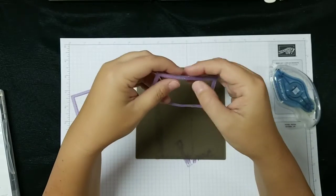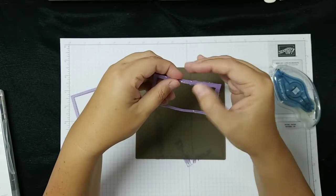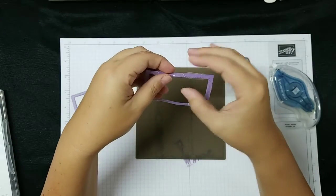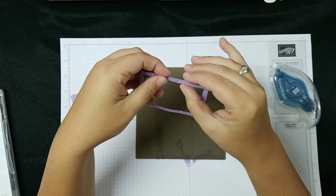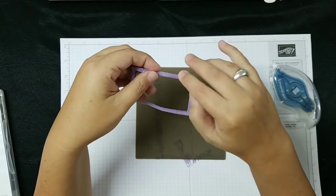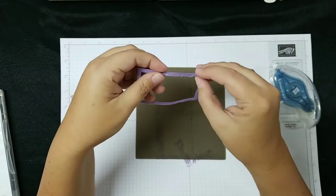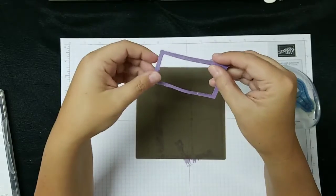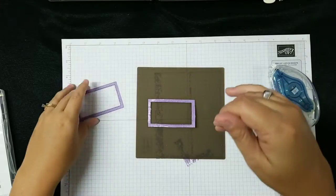So now I'm almost done rolling this all back. And then the important part, you gotta line these up because it has to look like one piece, right? So if you need your readers, if you need your cheaters, if you need to make sure your glasses are washed, if you need to make sure your contacts are in, this would be the time to do that. Okay? So what I'm doing now